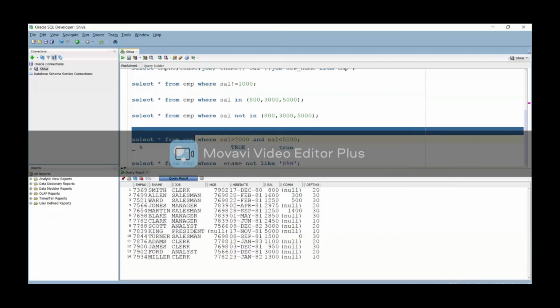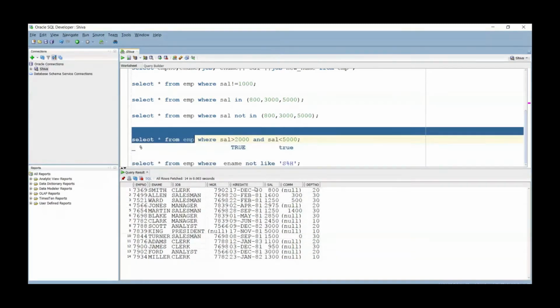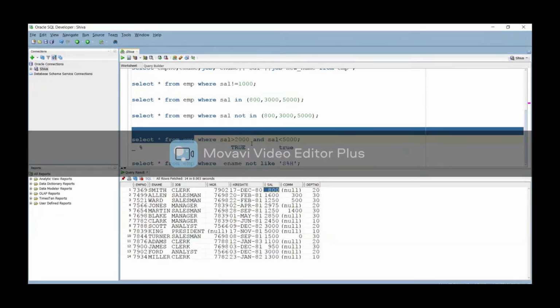See, I'm going to explain. So the AND operator and OR operator we are going to deal with now. Here you are going to search each and every record while displaying the data. Here I am going to compare the salary. 800 is greater than 2000? False. So it won't check the other condition. It will come out for that record. 1600 false. 1250 false.